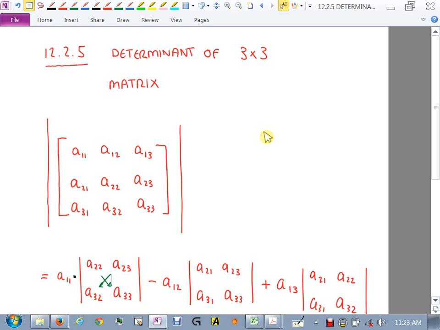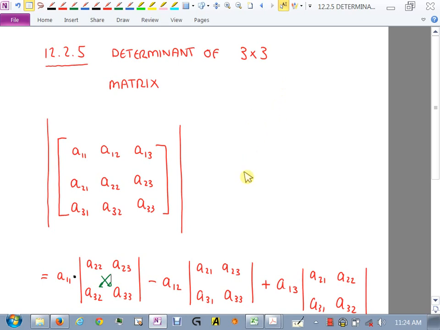And also notice, it's A11, the next one you subtract. So you change the sign. So it's positive, then negative, then positive. And that's just the property of the determinant. It always does that. And when you get to 4 by 4, 5 by 5, we have a general formula that's pretty ugly, which you probably would not see for quite some time. Like, you won't see it throughout the entire calculus sequence. You won't see anything past the 3 by 3 determinant.